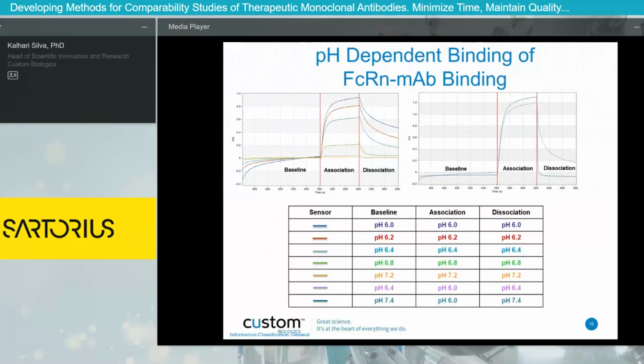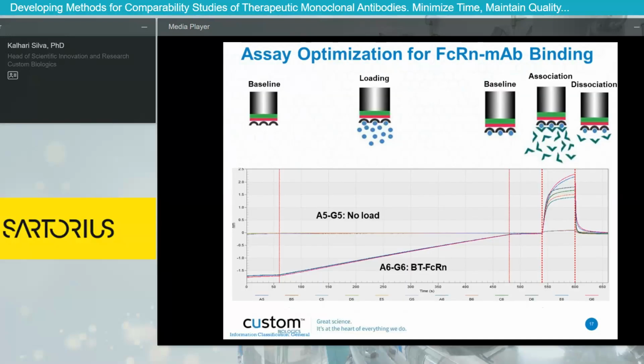or quite quickly. So similar to our previous method establishment, we also did a similar scenario for FcRn, where we use two sets of parallel biosensors, 7 each, loaded and without a load. And you can see that the non-specific binding is minimal when the no-load biosensors are dipped into the same mAb preparations, and the signals are quite high in the presence of a load, suggesting the presence of a specific binding